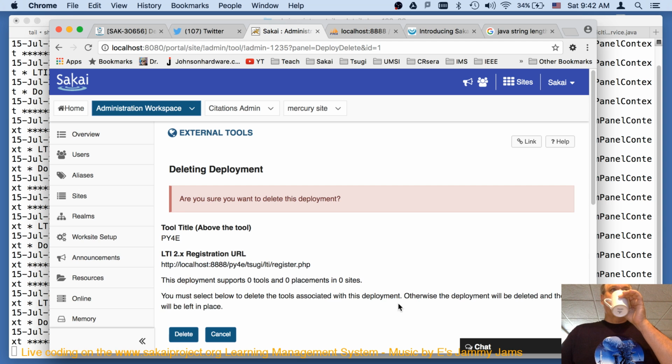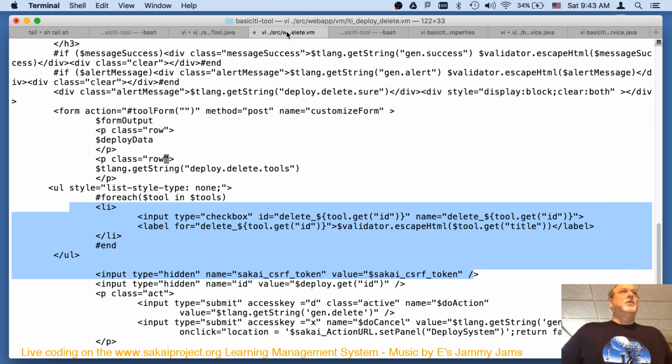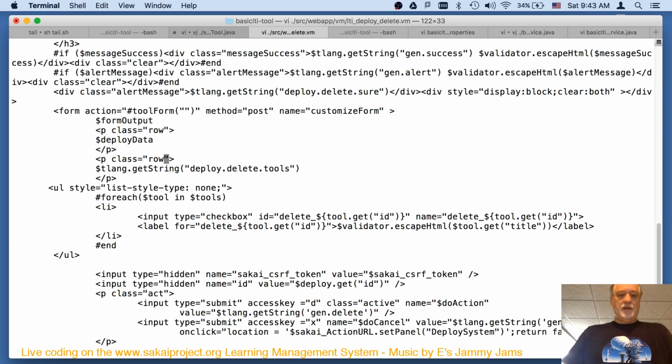Get back focused. Okay, so what I really want when this number is 0, I want that bottom part to not show up. And I think I already got this 0 number here in the context, and so I might be able to do this only in the view. Only in the view. Oh no, that comes out here in deploy data, so I probably will have to do something. Oh, wait a second. I think I can say, because I've got this here as a list, so I think I can say